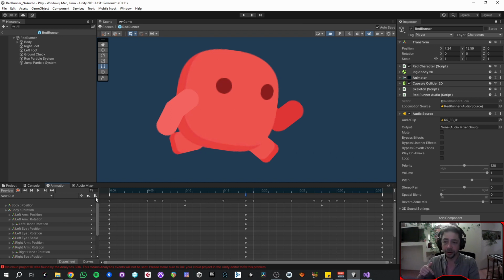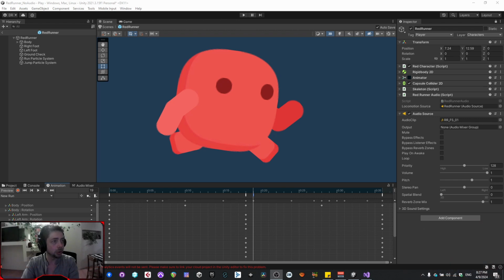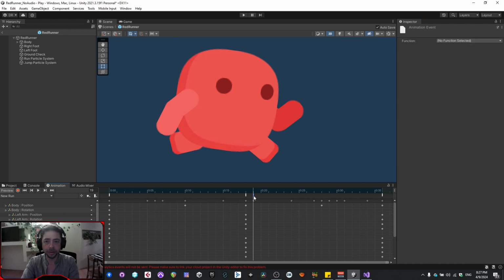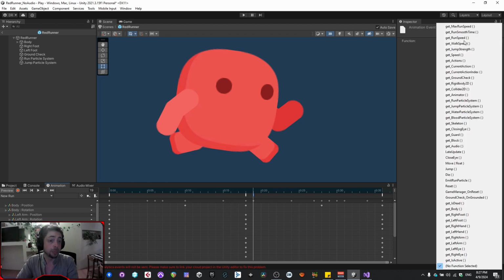So click over here to add an animation event. Cool, and now I need to pop my camera to the left side so you can see everything properly. And let's release the lock here. And if I click on this animation event, you can see that this function option opens here. And if I open that menu, I can dial all the way, where is my,